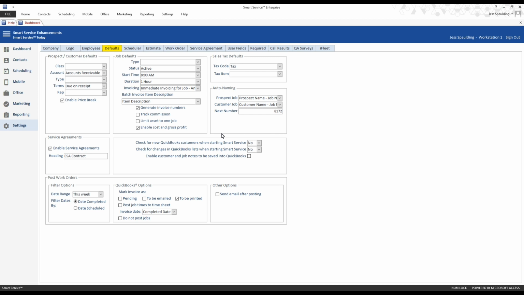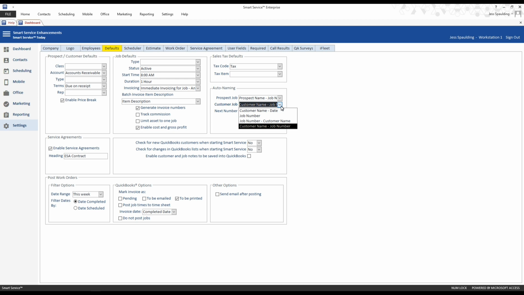So with the auto naming functionality, this is going to give you the ability to kind of have customized unique names for QuickBooks. So with iFleet now in play on this side, we actually need this to be set up in the way that you want it for them out in the field as well. So you can leave it set to your current options, which will be what we have here in this drop down. So the customer's name followed by the current date, or one of the job number options, which you can choose whichever one you'd like there, or you can actually backspace this, leave it blank, and let them type